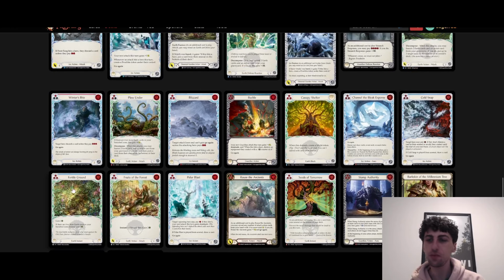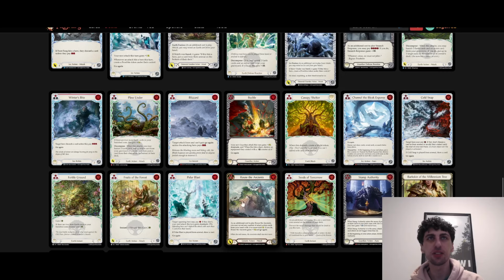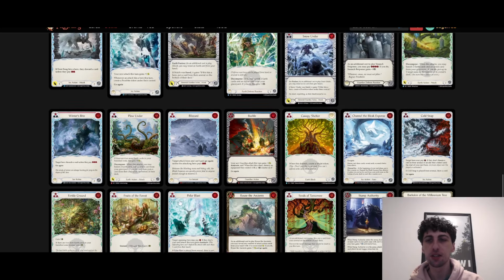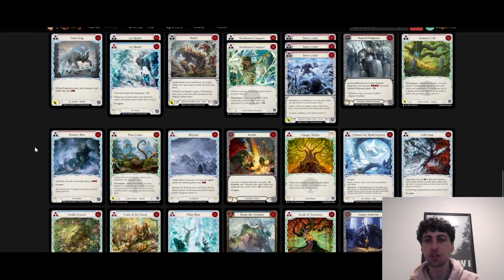So Fertile Ground I just have here for the same reason as Fruits of the Forest, but it's obviously much worse than Fruits of the Forest, so I don't think it's really worth considering. Stamp Authorities is here as, yeah, another aura we could tutor. I think Rouse the Ancients, we don't have enough big attacks to play. I'm not going to talk about everything I have in this maybe board, but the only cards I want to